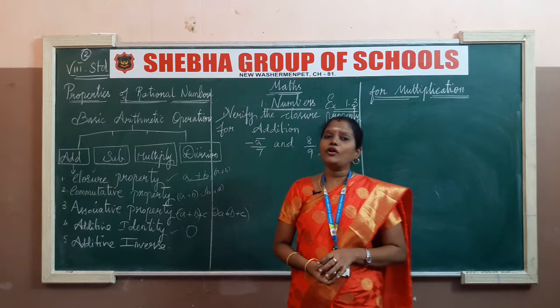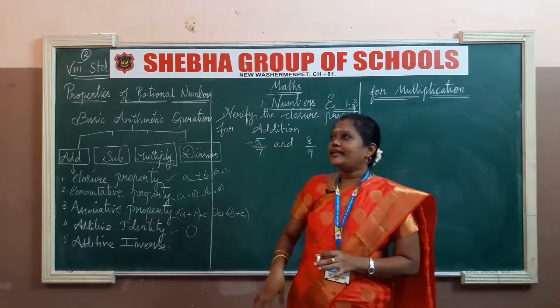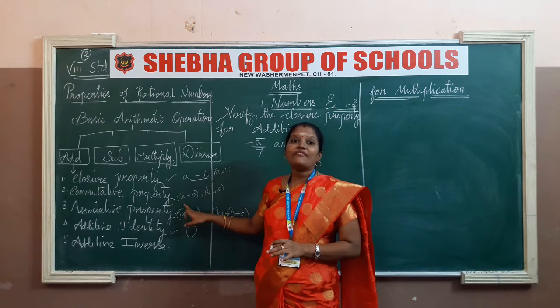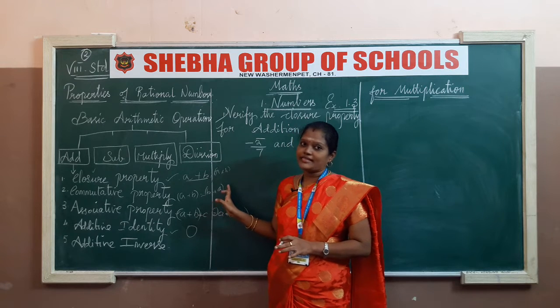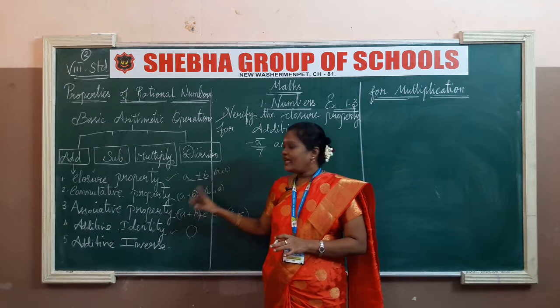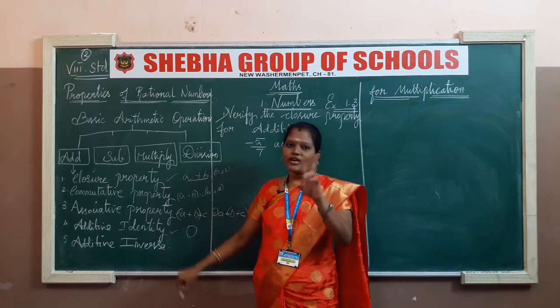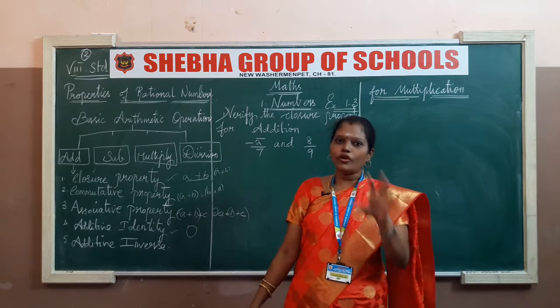That is called the commutative property. In commutative property also they give 2 rational numbers. Children, keep in your mind that in commutative property the left hand side must be equal to the right hand side. Okay, only one thing, the place value should be changed. In A plus B, that side B plus A. Okay, these 2 properties come in your 2 mark sums. It is the easiest one, don't quit it.